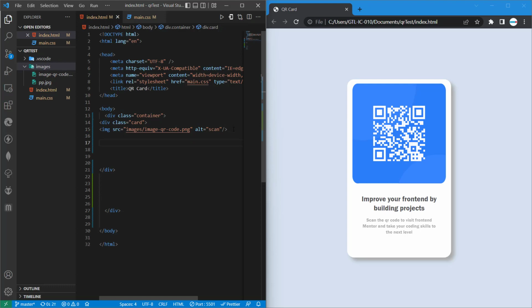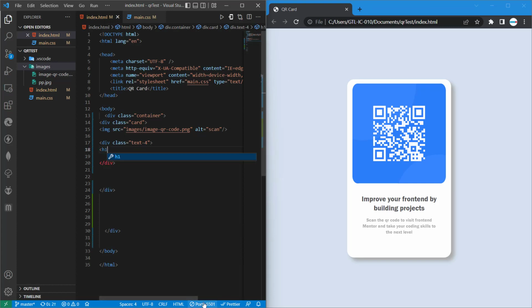Now I'm going to create a div. Okay, a div to hold our text. So I'm going to call it div dot text, let's use text. I'm going to use text 4. You can use any name of your choice. Okay, but I'm going with div dot text 4. Then inside the div I'm going to create an h1 tag. H1,